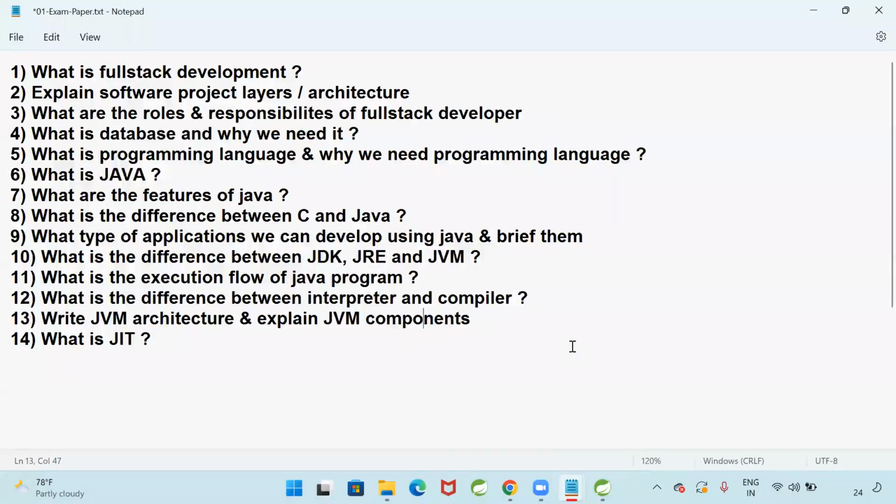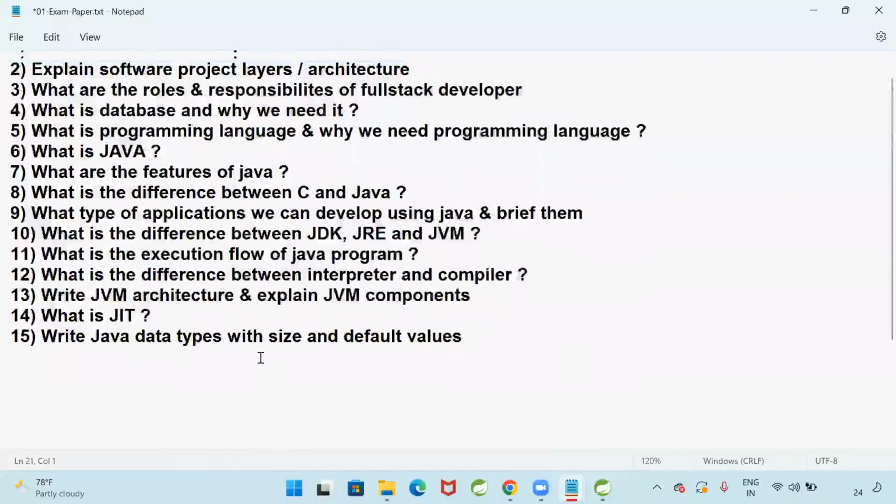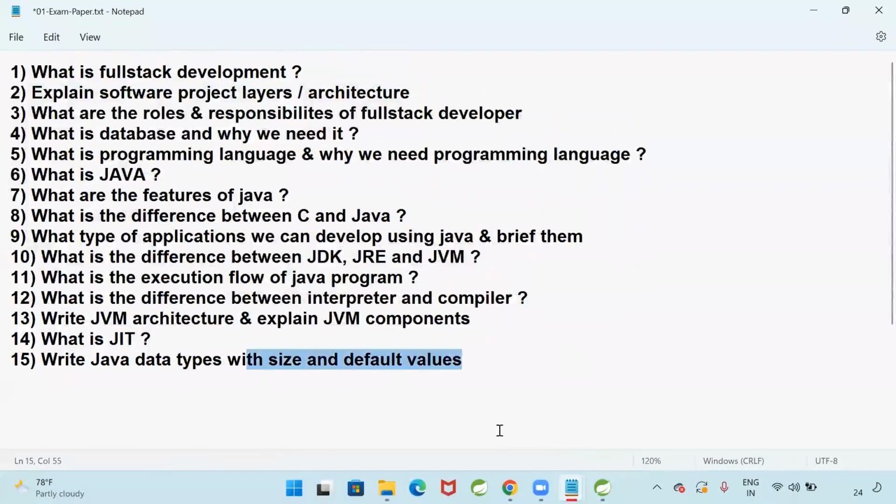Next, write Java data types with size and default values. How much memory and what is the default value of the data types in Java? Size is nothing but memory.